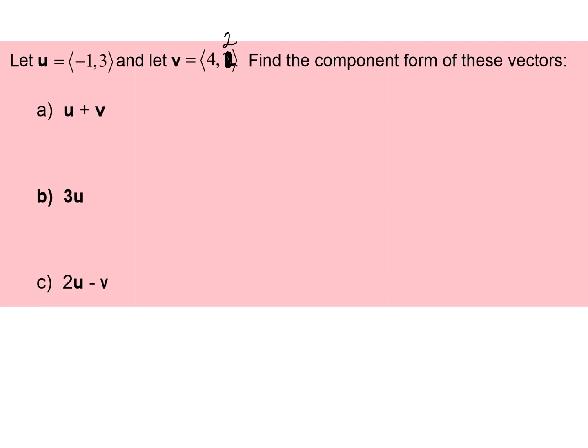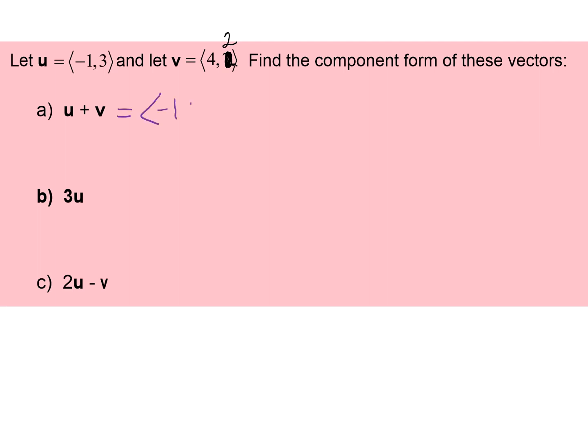form of these vectors. In your textbook, it goes through a lot of instruction and all these scary looking formulas of how to do this, but I think this is pretty self-explanatory, and you guys are very bright. I think you will pick up on this very easily. Because we kind of treat them like ordered pairs, even though they're not ordered pairs, when it says u plus v, you're going to add the x coordinates, aka your horizontal components, and then add your vertical components, which are your y coordinates. So for u plus v,